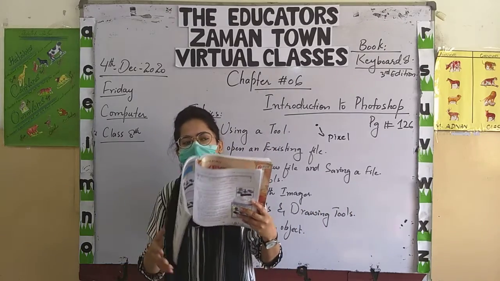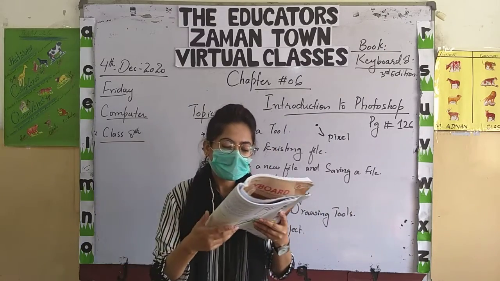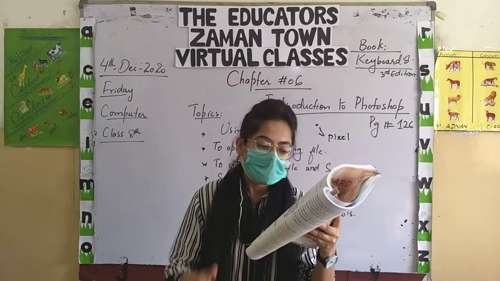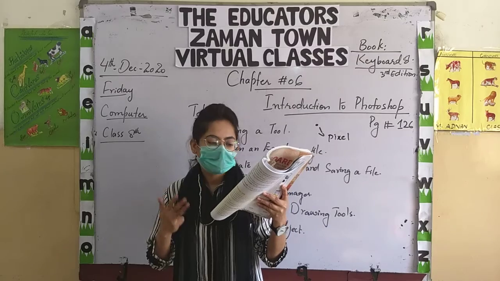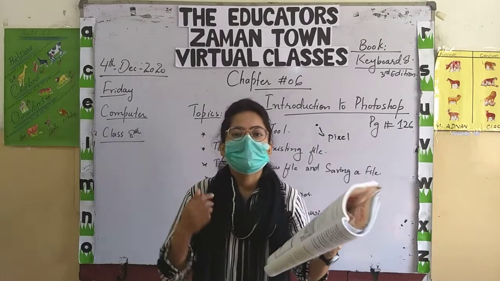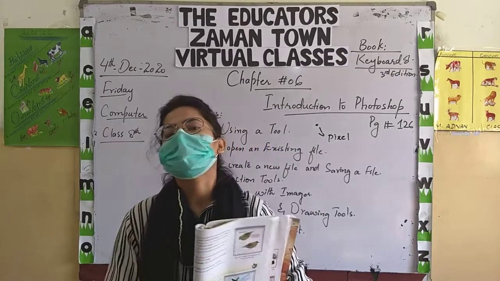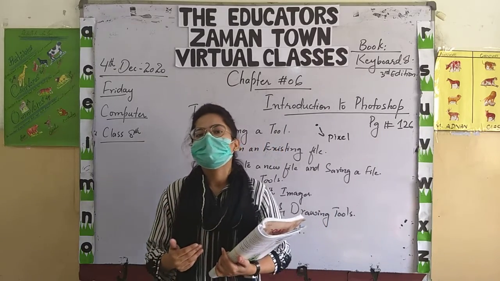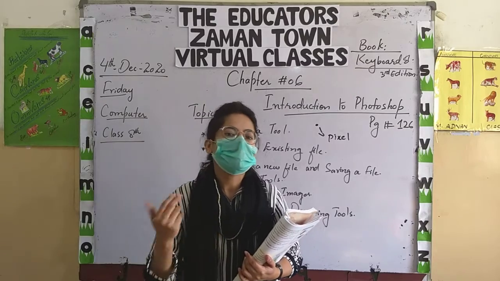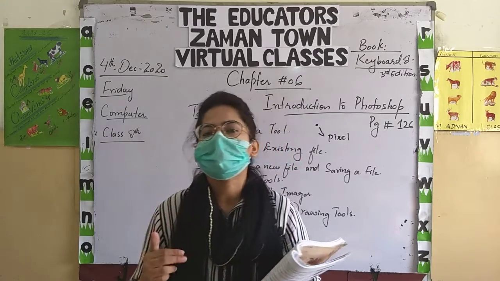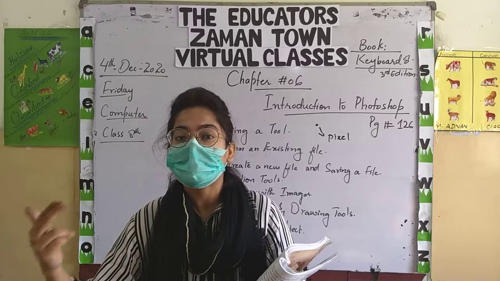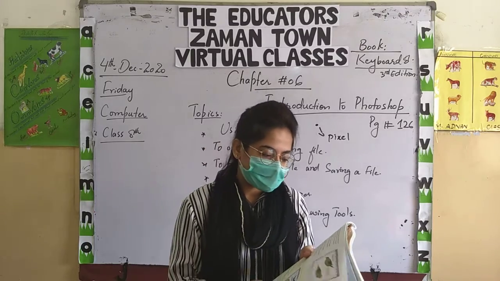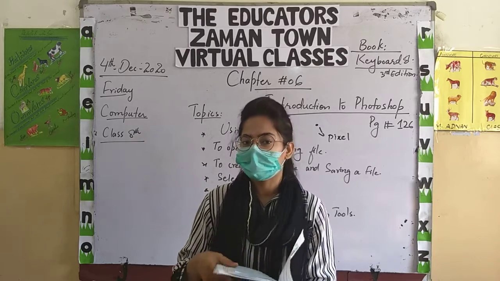Last topic is transforming an object. What is meant by transforming? Transforming means change into another form. So in transforming we have scale, rotate, skew and distort. So first one, what is scale? Means if you are using scale, you can increase or decrease the size of your picture, or if you are using rotate, you can rotate the picture, or you can also move it. Means you are changing the appearance of your image into another form. So that is for transforming. Here our chapter explanation is done.